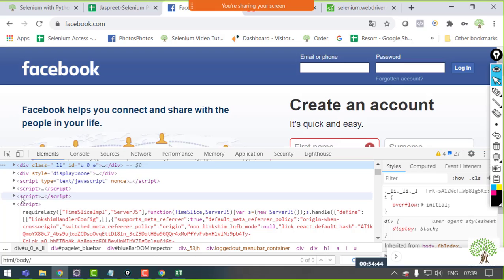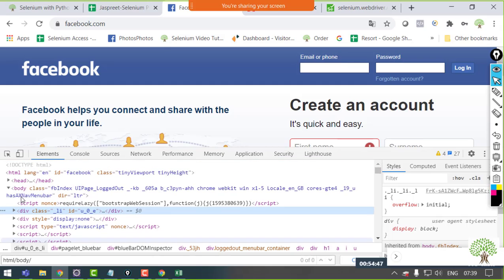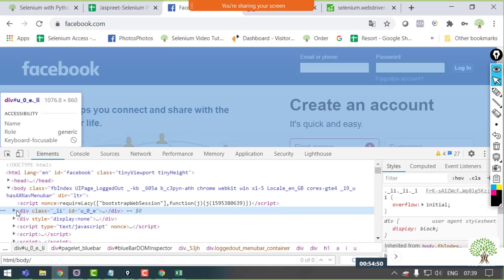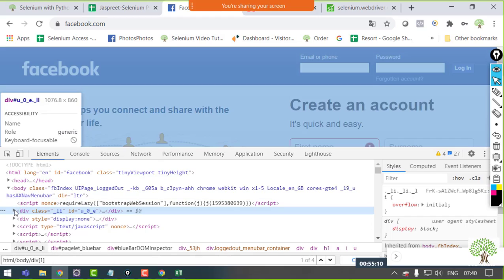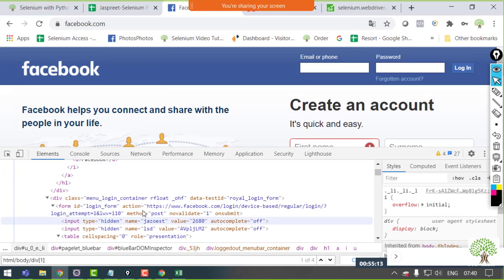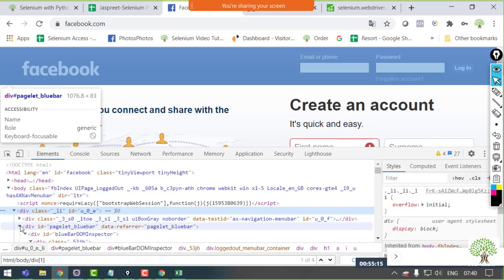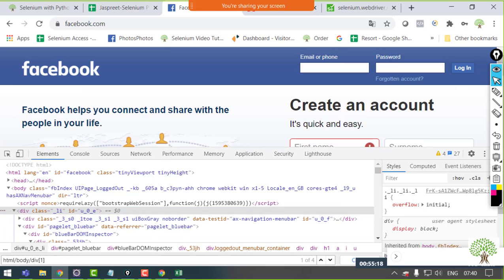So it's totally dependent on which tag you want to go in, and you should be very careful about that. If the element is inside the first parallel tag, then you have to specify it, like my tag is div where I want to go, and which parallel tag it is lying at. What's the location for that? It's at the first tag. So this is the tag where I want to go. Inside this div tag as well, there are parallel tags. So where I want to go, I need to specify div two.